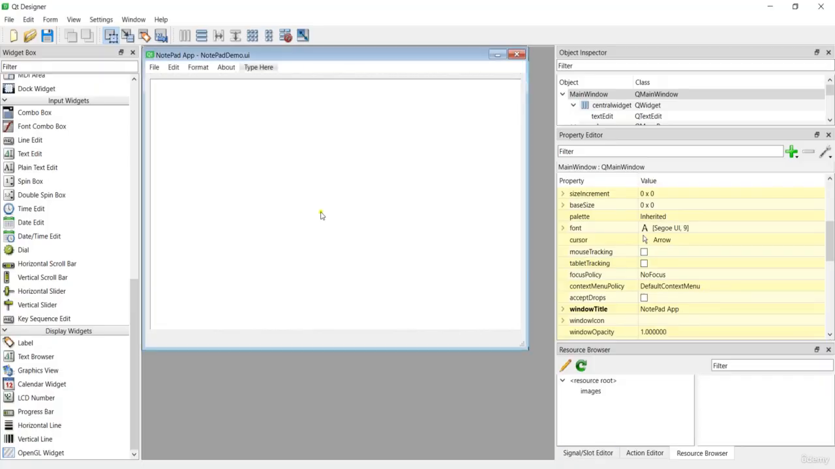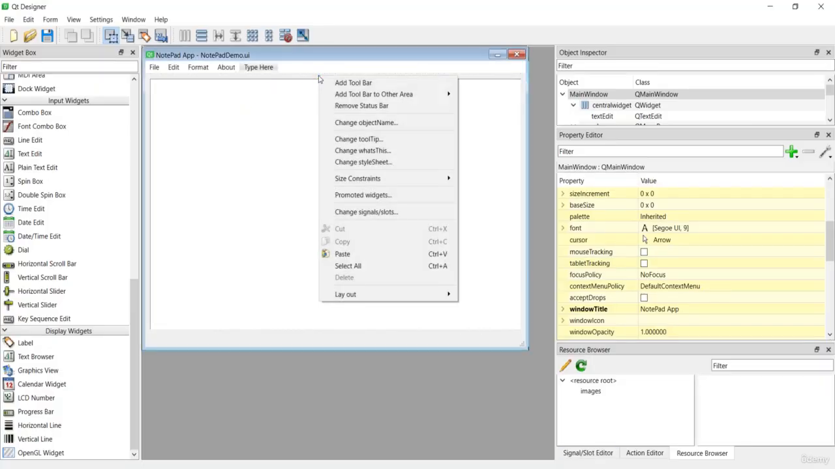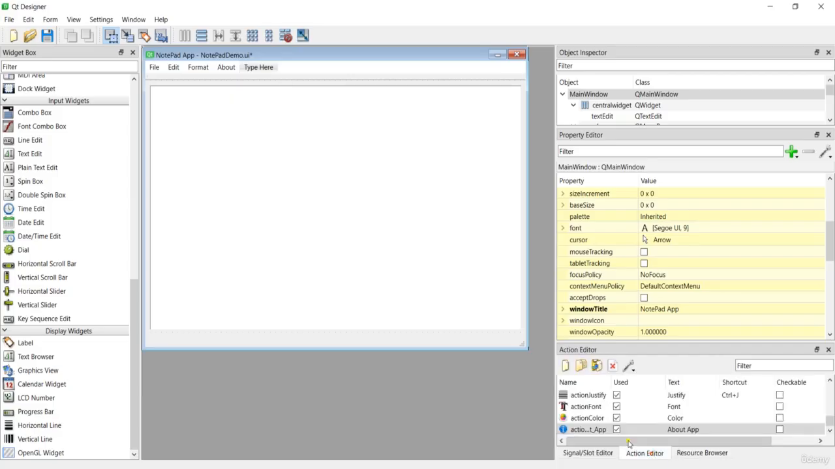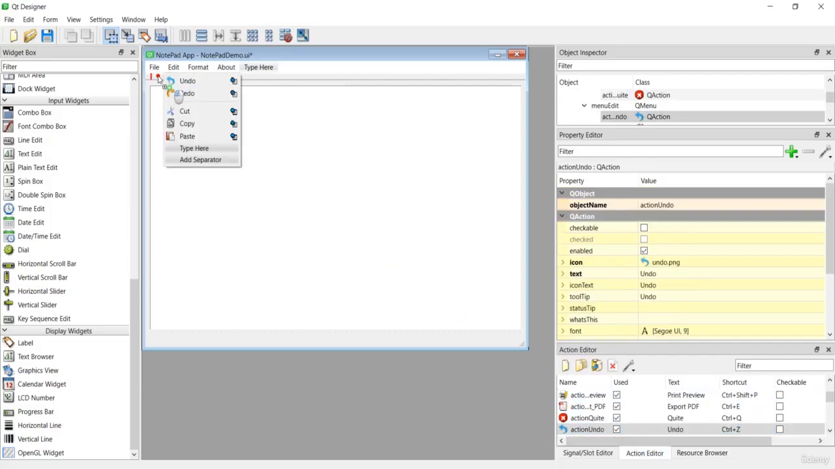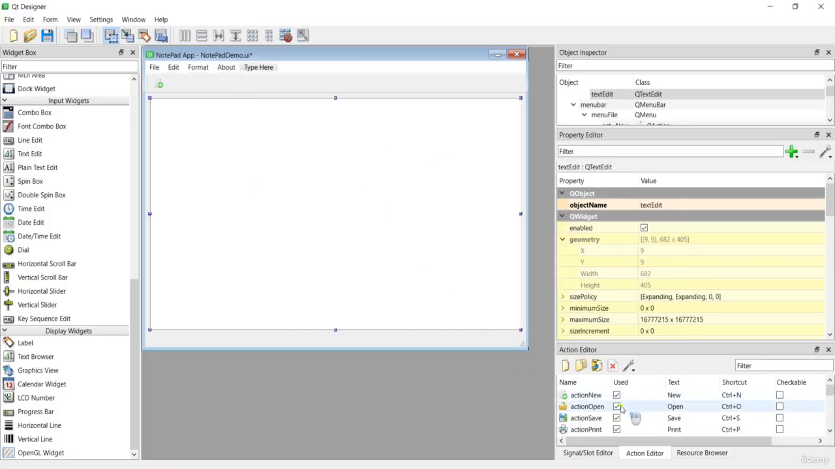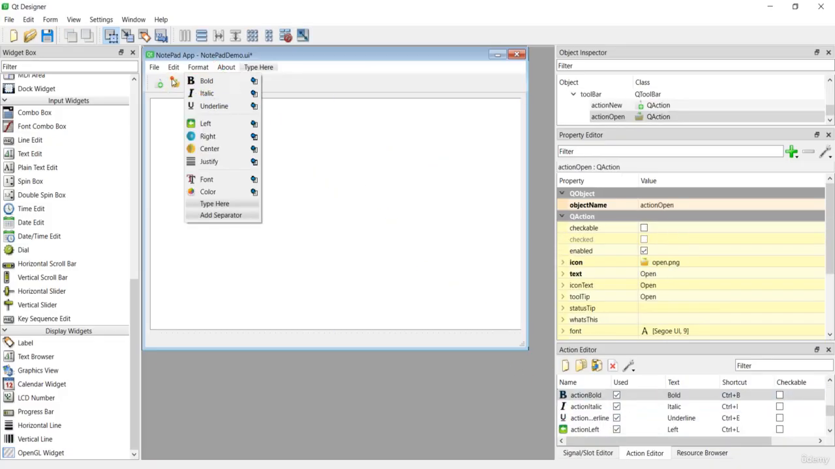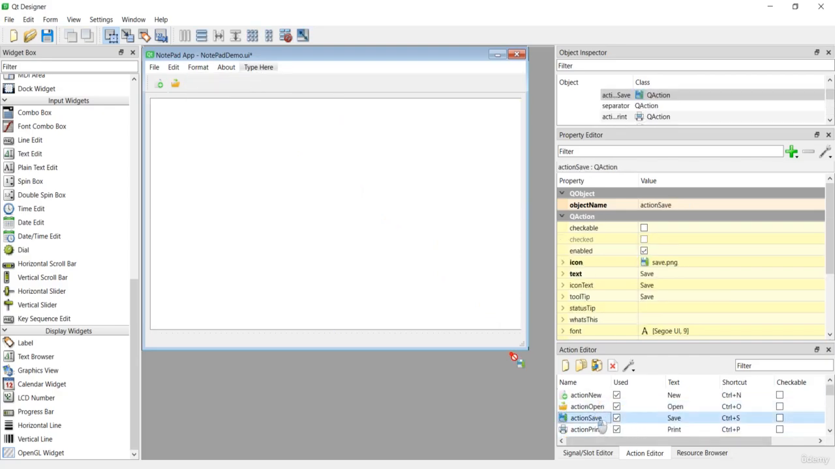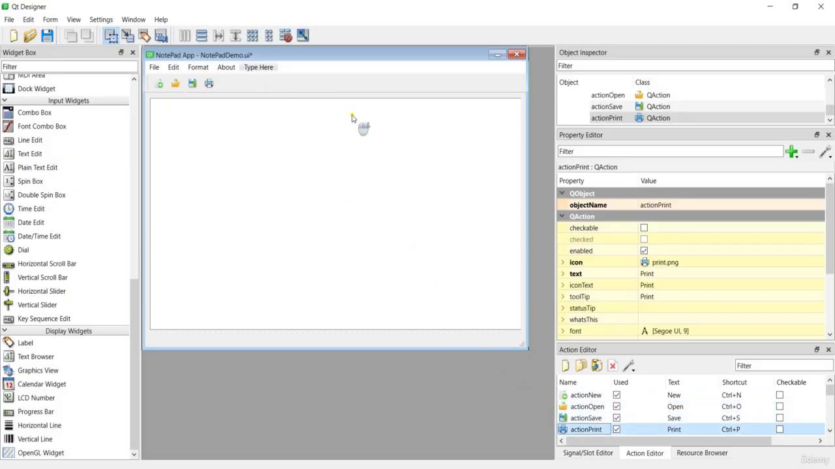Now the main problem is this: I want to add a toolbar in here, so I forgot to add toolbar. So I can just right click on this, and I can just say add toolbar, and after that from the action editor, you can see I can add some items to the toolbar, so like this. So this is new, open, save, print,